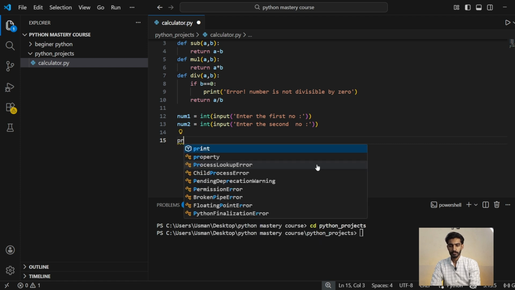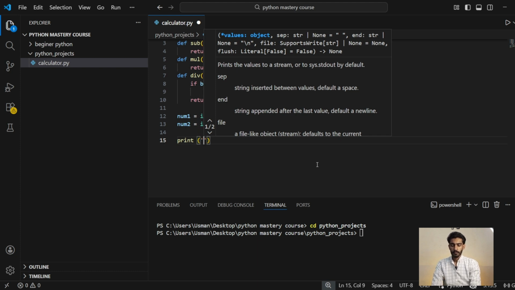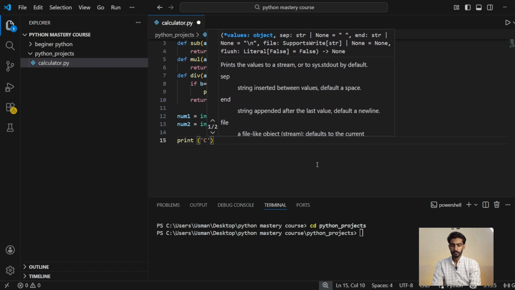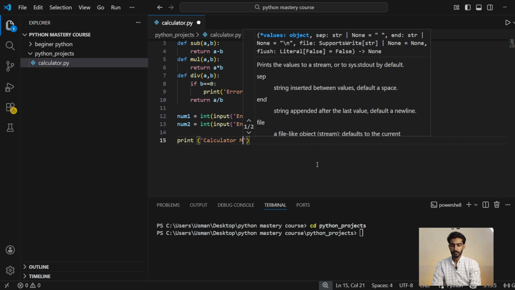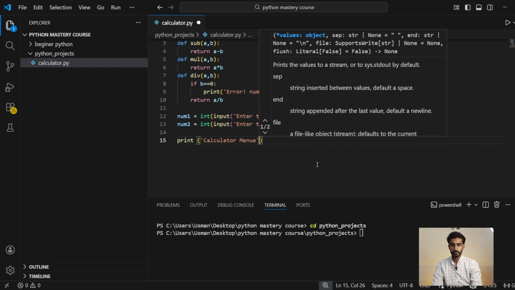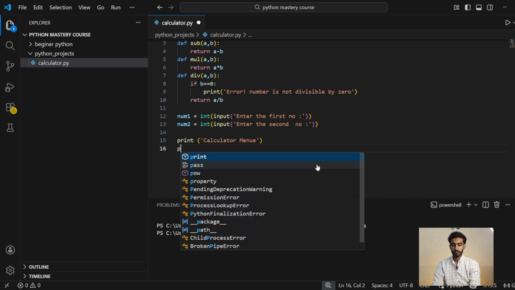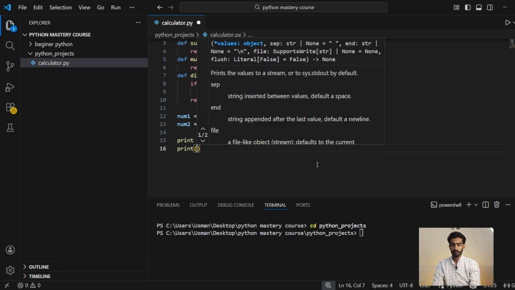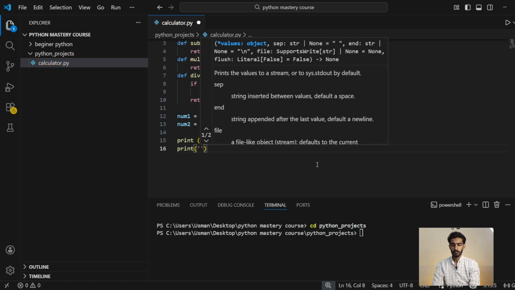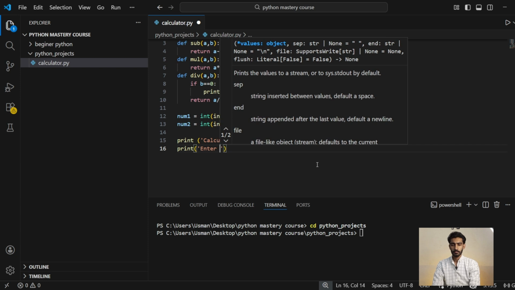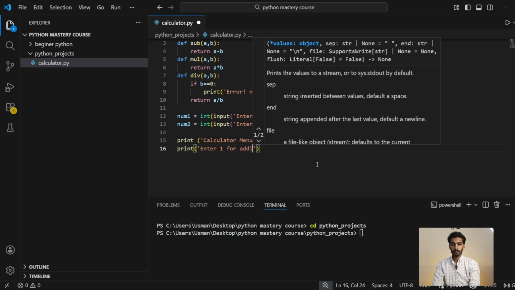So we will start with print calculator menu, and then print enter 1 for addition,